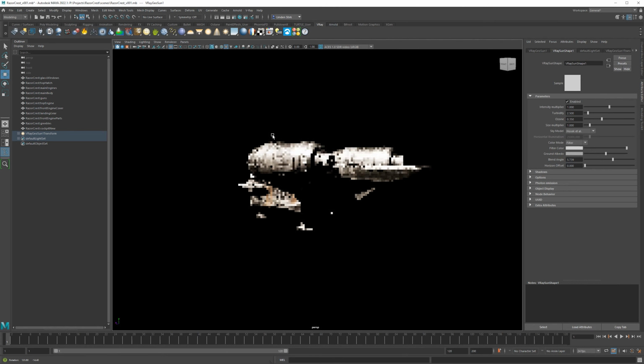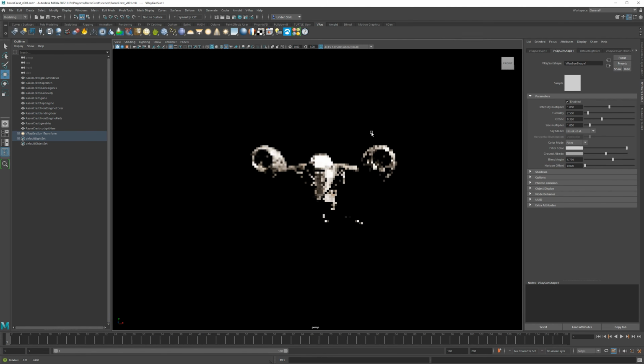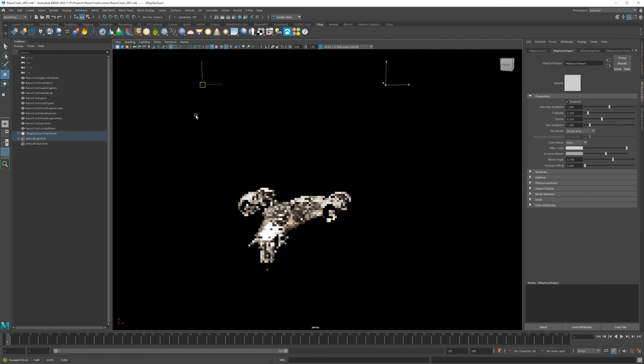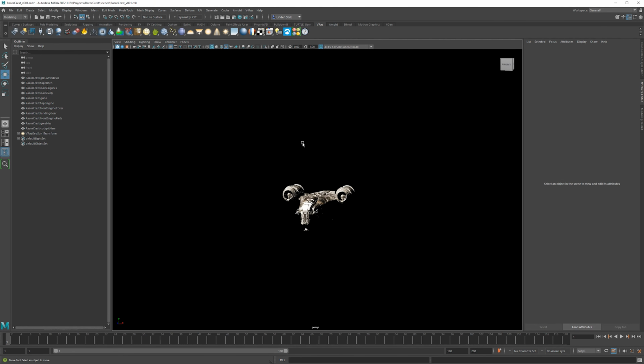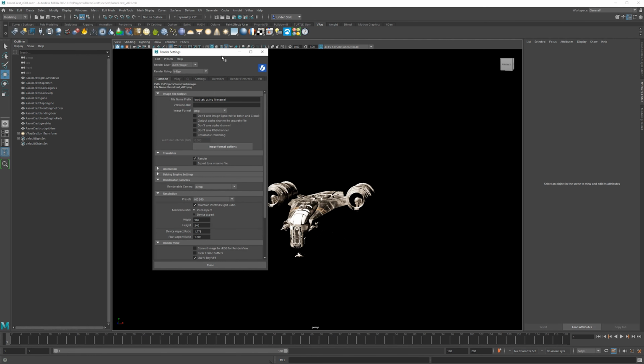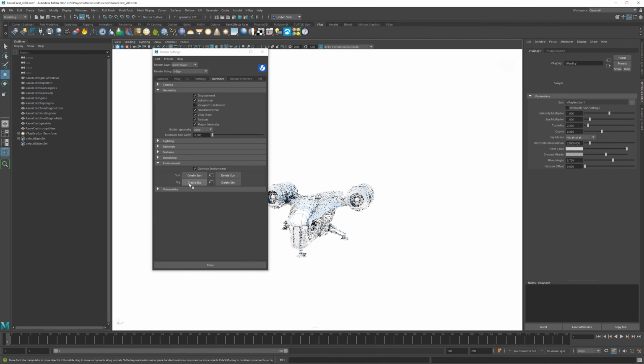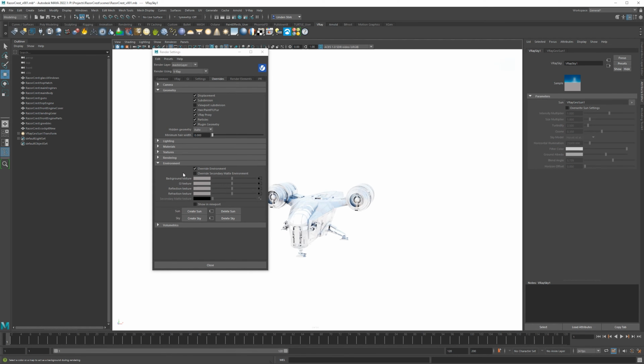This is not going to give us any type of environment, so our shadows are going to be pitch black. But this is going to allow us to just rotate around here and have a look at what's going on. Okay, so to actually get some GI, essentially, what we need to do is go into our render settings. If you go to overrides, environment, you can create your sun this way, and you can also create a sky. So you create sky, and this will create a V-Ray sky.